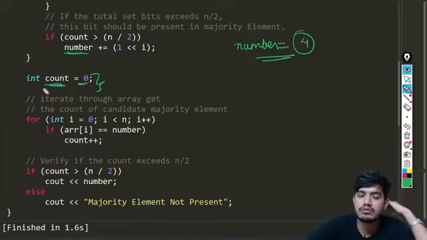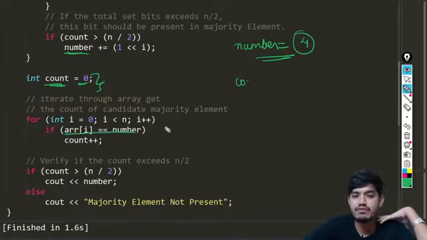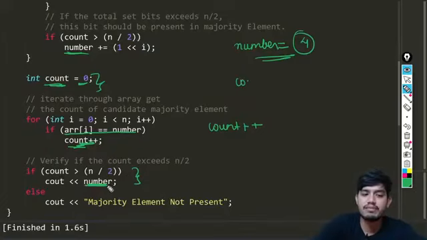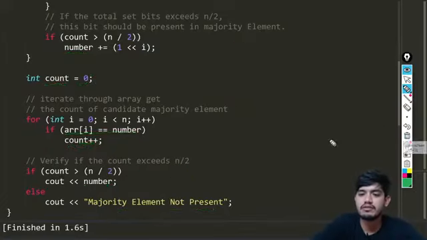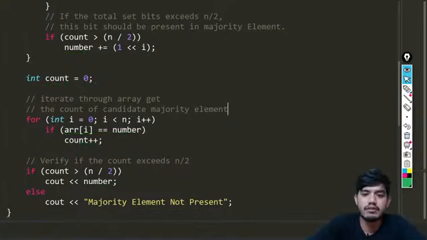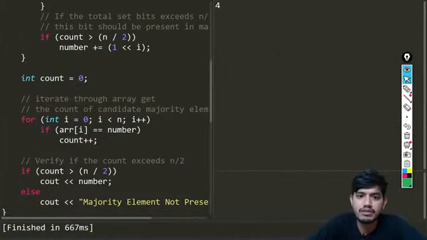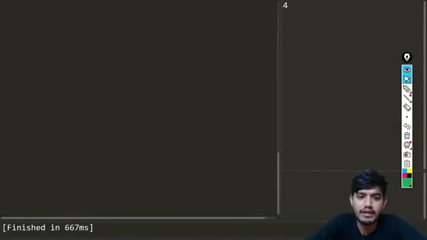So we check if array of I equals to number, then we will be increasing our count variable, and if count is greater than n by 2, which is the case for this one, we will be printing that number 4, and majority element not present otherwise. Okay, so let's try to run the code and see the output. So when I run the code, you can see we will be getting the output as 4 in this case, which is what we are expecting.